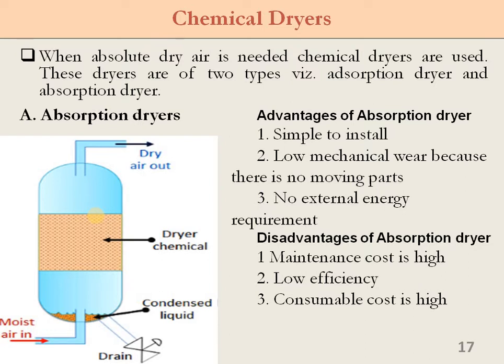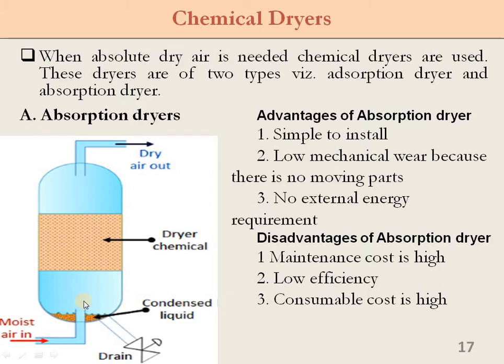The chemical process turns the pellets into the liquid that is drained from the system. The pellets are replaced on a planned maintenance scheme. So here, what I am showing is a dryer chemical. Here there is calcium chloride they may use. Okay, so as the moist air passes through this calcium chloride chemical,